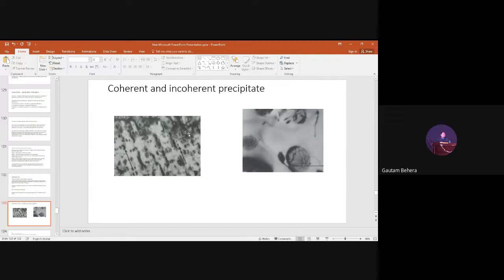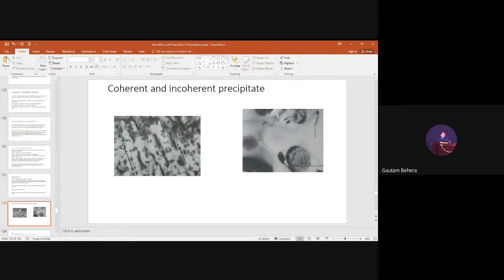So you can see this is an image showing coherent precipitates. You can see these are very small particles. But the interesting point here is, you can see the size of the particle, but it is not exactly the size of the particle. It is appearing like it is big, but the actual size of the particle is very small. Actually, this is a transmission electron micrograph, and